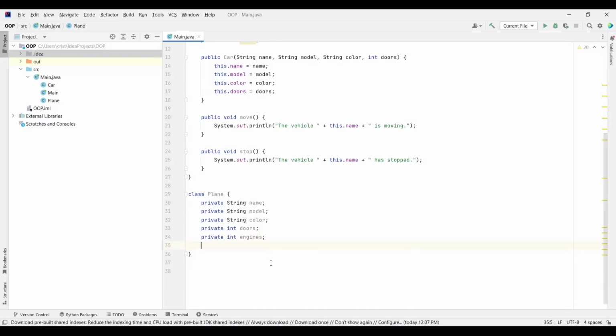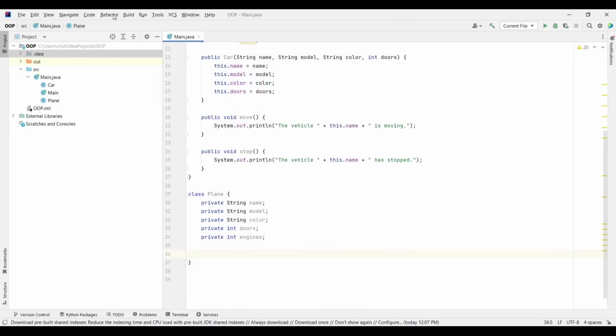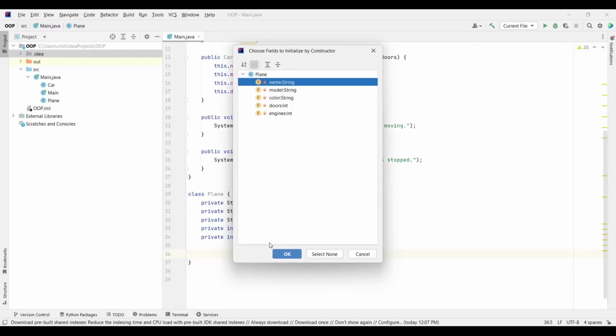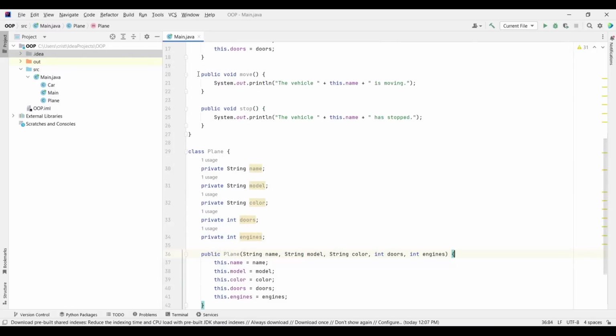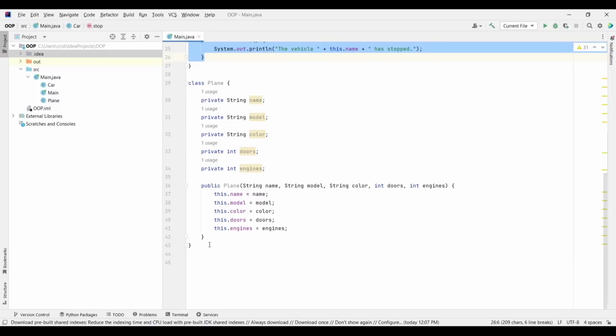Let's generate the constructor. So let's go to code, generate constructor for all the fields, and let's copy those two methods that we have here, and define them for the plane also.